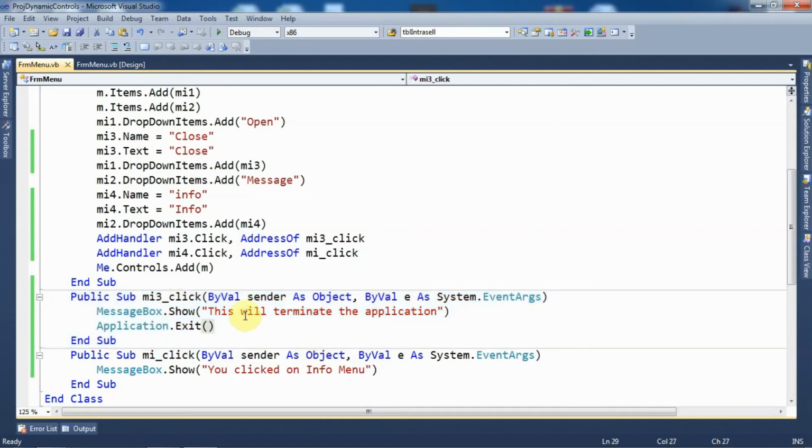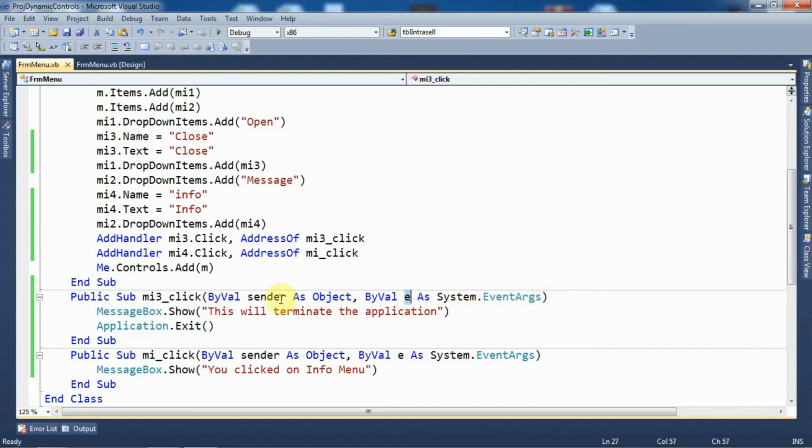As we know, within any event we need to specify two arguments within the subroutine. So I have written the subroutine as Public Sub mi3_click, which is the name of the subroutine, and as parameters I have specified sender, which is of Object type, and e, that is of System.EventArgs.